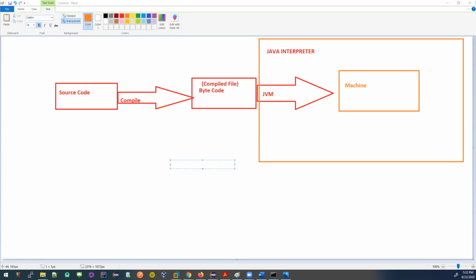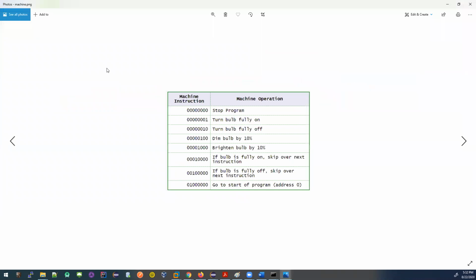Now, what is the next thing? Let me see. I also had one diagram here. When I say machine instruction, this is the machine instruction, 0, 0, 0, which is basically stopping the program. So this instruction is doing something else. The machine only understands zeros and ones, but you want to give instructions like stop the program or shut down your computer.